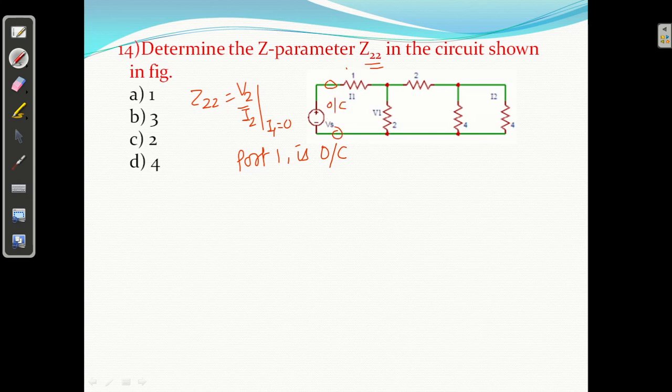Open है मतलब 1 is not in the circuit. भाई open है तो 1 is a floating point, right? This is a floating point, so it is not circuit. So 2 plus 2 in series, this 2 and this 2 in series, right? So कितना आएगा 4 ohm. This 4 कहाँ connect है? यहाँ पर और यहाँ. And this 4 is also here and so 4 parallel with 4, equal value in parallel, it is 2 ohm. So यहाँ 2 ohm आ जाएगा, right? So what is the value of Z22 is 2 ohm.